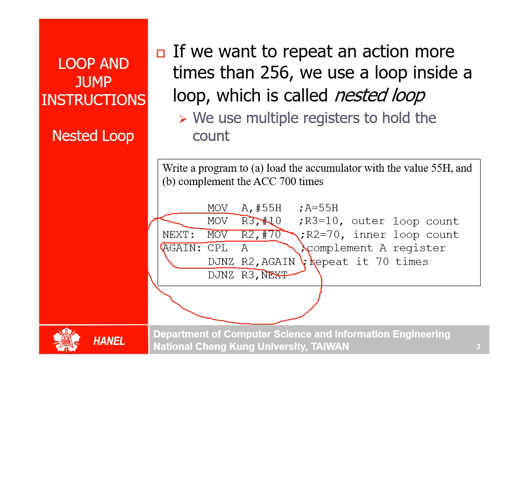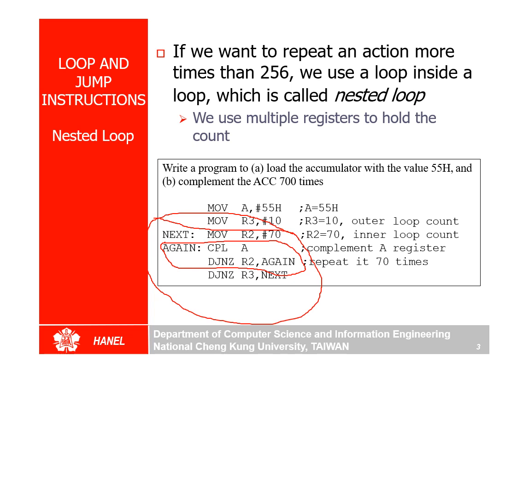So let us see the first instruction, MOV A, #55. How many times will it be repeated? Only one time, because we are not coming back here, right? MOV R3, #10. How many times will it be executed? One time. MOV R2, #70 is loaded each time, based on the value of R3. So the next loop will be based on the value of R3 and will be executed 10 times. This one will be executed 70 multiplied by 10, so 700 times.